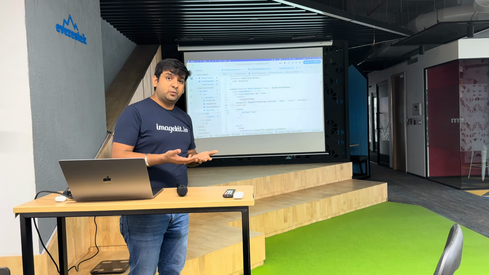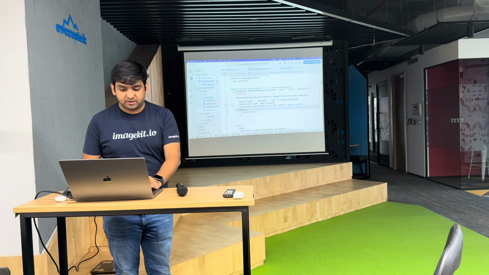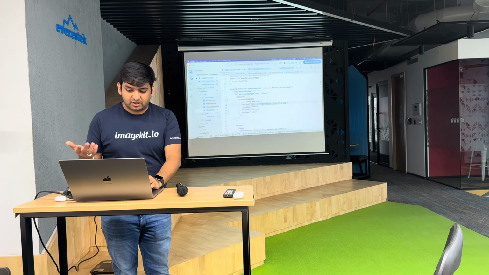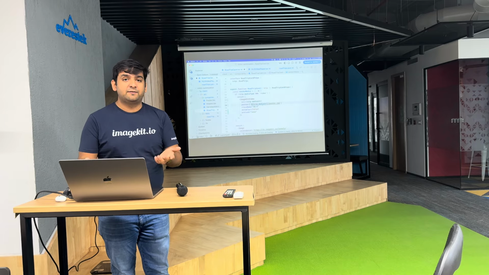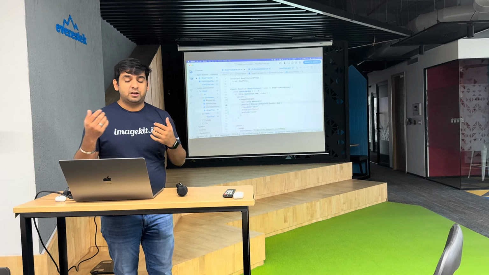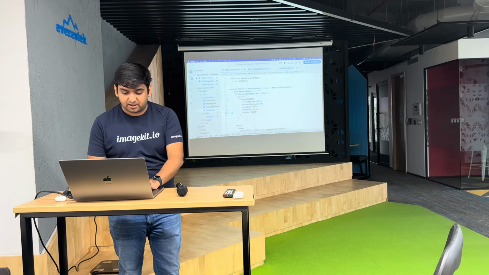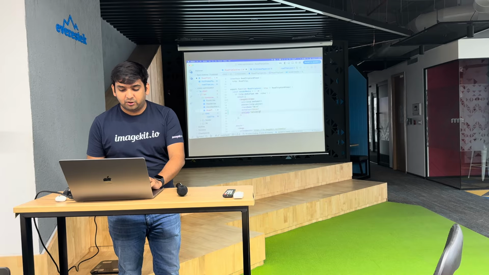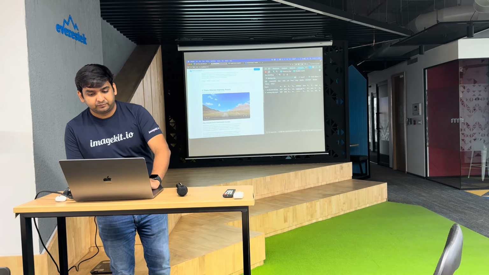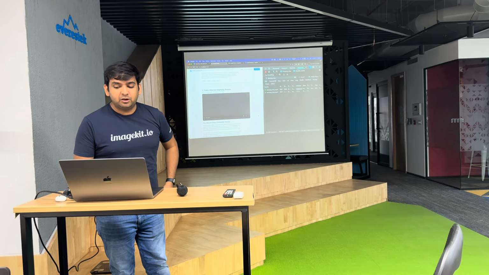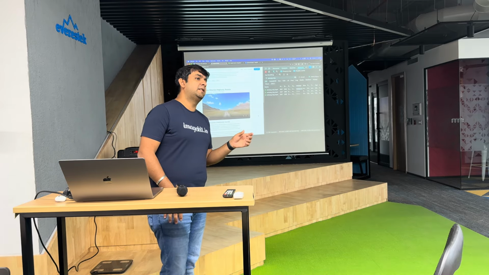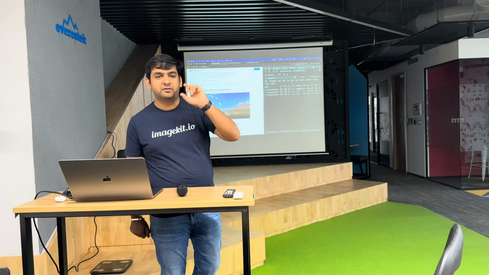And if you do not wish to generate those thumbnails and do not wish to put in the effort of creating a pipeline or even using ImageKit for it, you can just do preload metadata. What preload metadata does, in very basic terms, is it tries to download the first 3 seconds of the video.